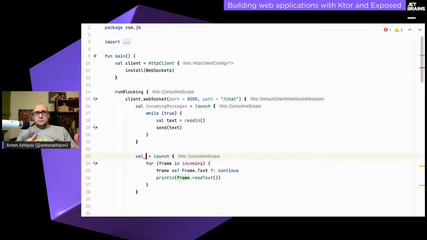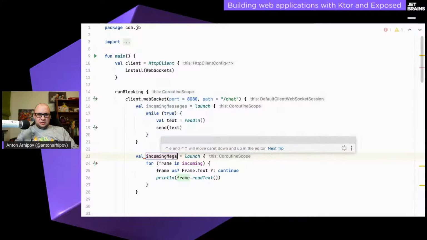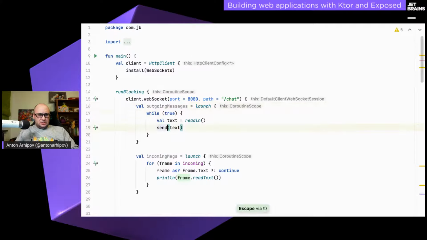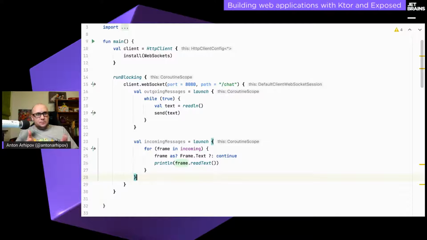No, wait, I was wrong. Those are outgoing messages, and these are incoming messages. Sorry. And since this is just a declaration, yes, we launched the coroutine,